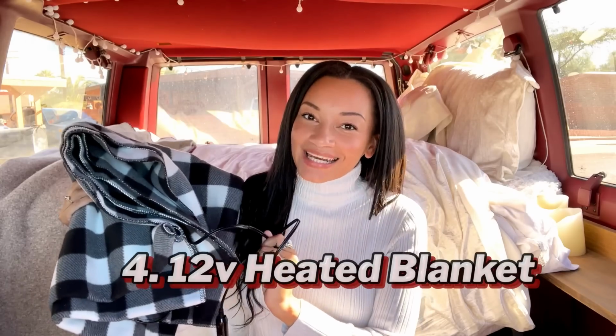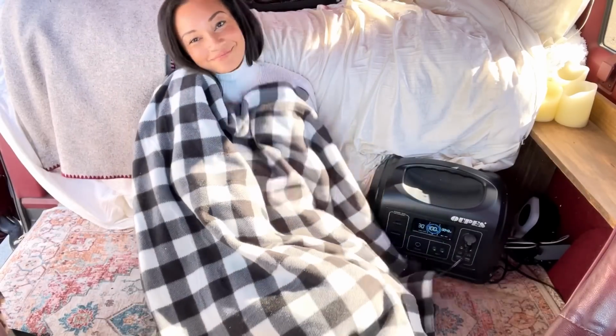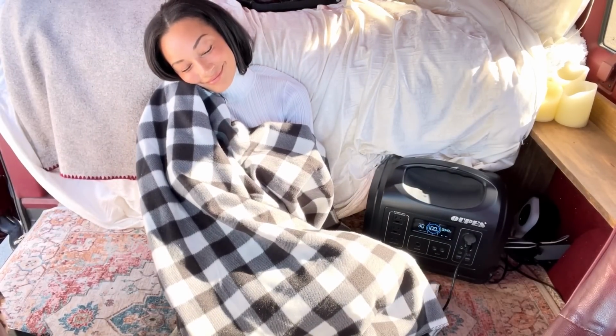12-volt heated blanket. I use my heated blanket for when it's chilly, but I don't want to turn my heater on just yet. I plug it in, let it warm up, and then I'll wrap myself in it and watch TV on my iPad before bed, or I will use it while I'm making tea in the mornings. It's nice to have as a backup just in case I ever run out of fuel. And it also makes it comfortable to lounge outside of bed when I don't want to be under my down